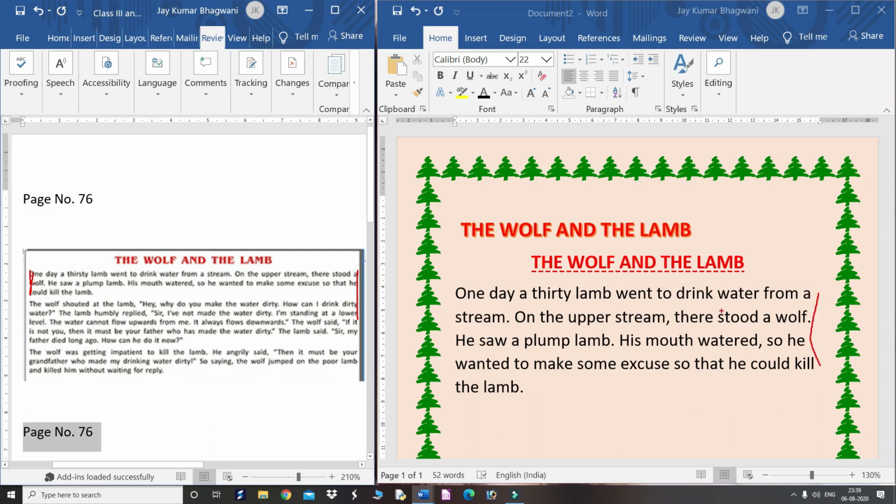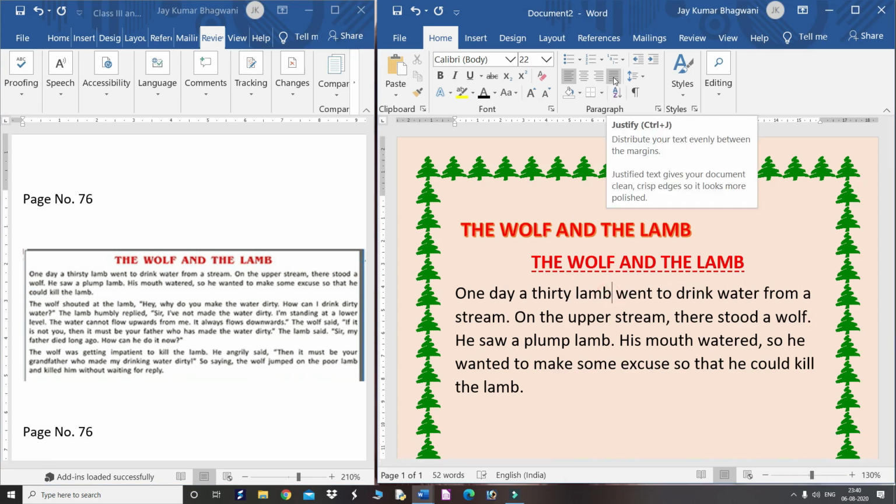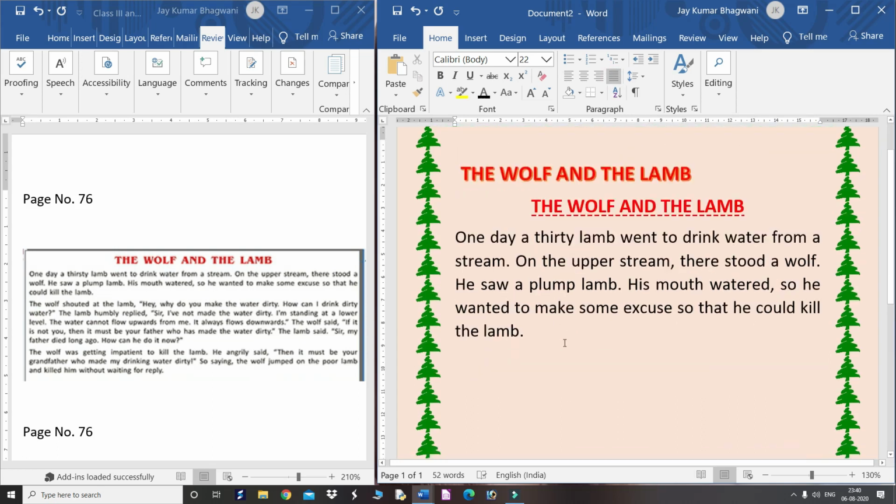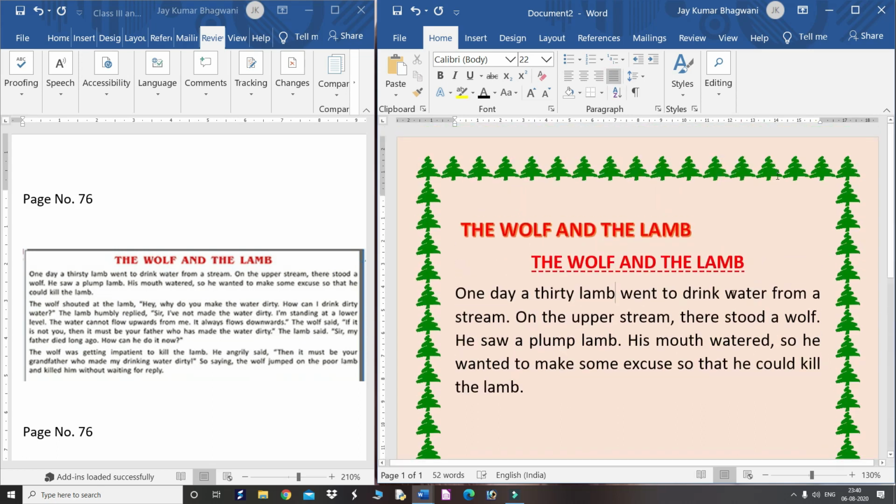So how to do it? From the left and the right side both are equal. There is one option called justify align. When you click on this option, it will come in a newspaper style. See, all of it will be arranged nicely. So in this way you have to type your story.